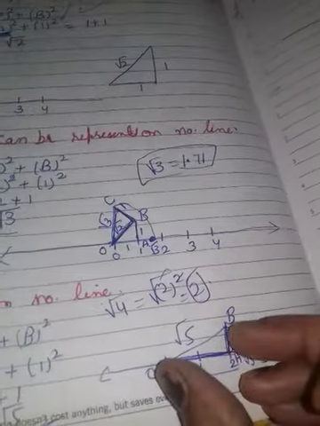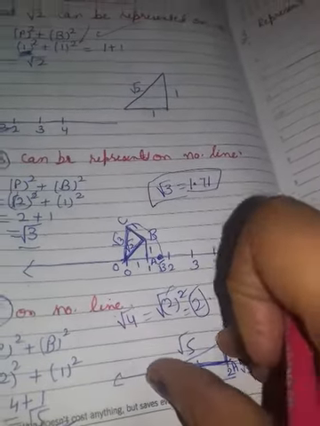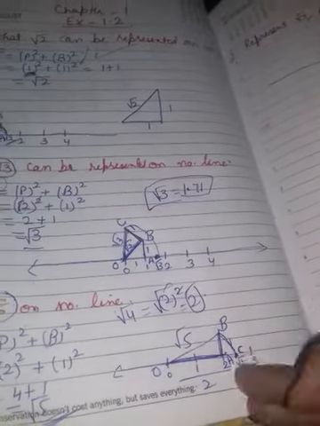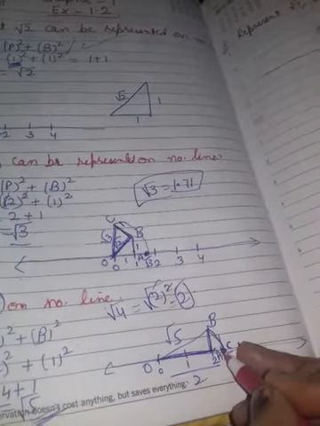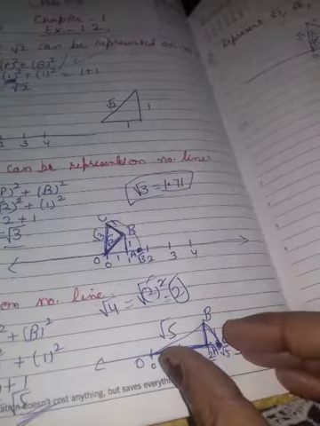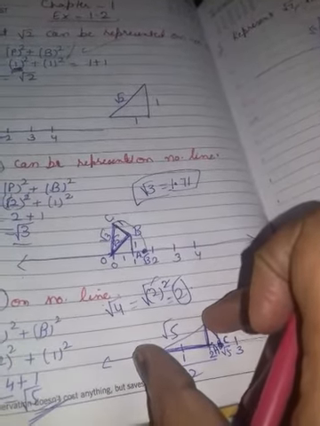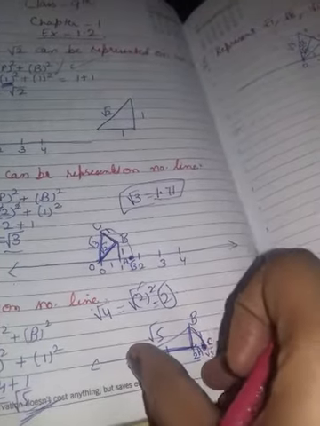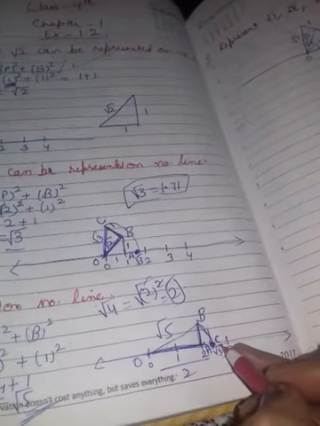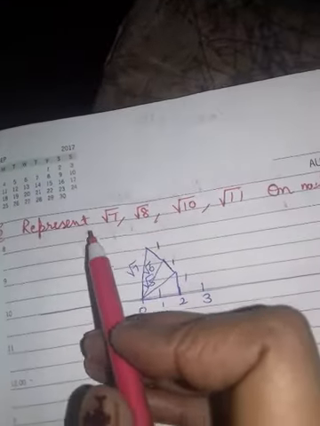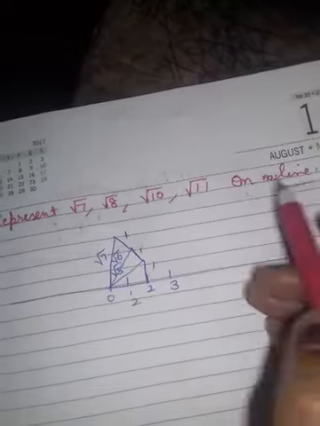Now you will open your compass to root 5 and draw the radius in this manner so that you get root 5 on your number line. This is a very important concept. You will open your compass to that hypotenuse, then you will make it like this. In this manner you will get your number on a number line. Now I am telling the concept of how you can make others on a number line.